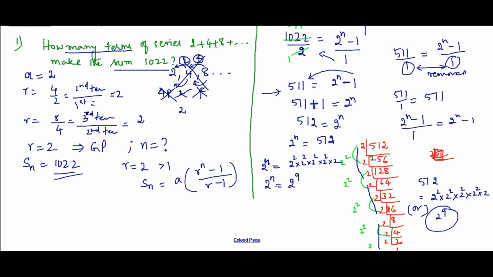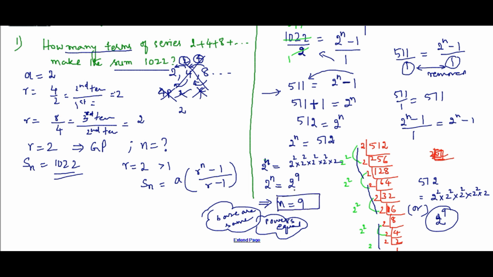2 power n is equal to 2 power 9. Whichever method is comfortable for you, you can follow. It is not necessary that it should be mine. But ultimately your answer should be correct. 2 power n is equal to 2 power 9. So this implies, this symbol is important here, because you are removing the bases and then you write n is equal to 9. Since my bases are the same, that's why I can imply and write the powers equal. If your bases are the same, powers will be equal. So n is equal to 9.